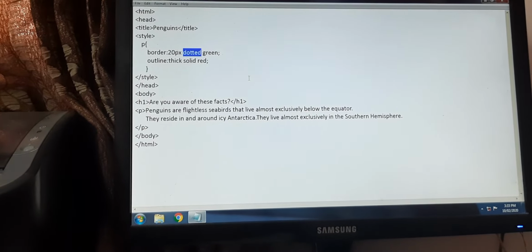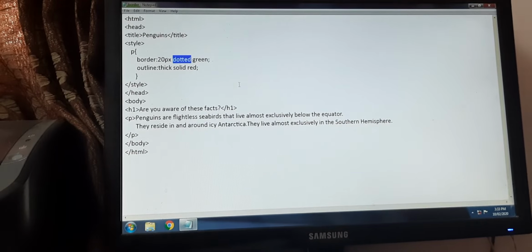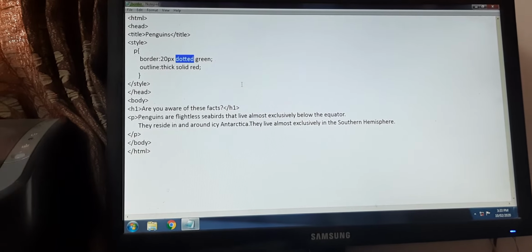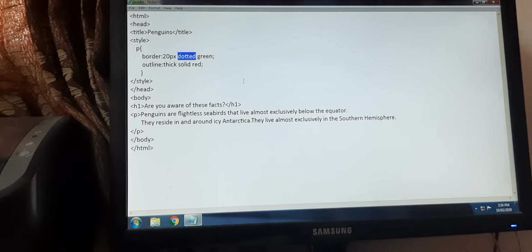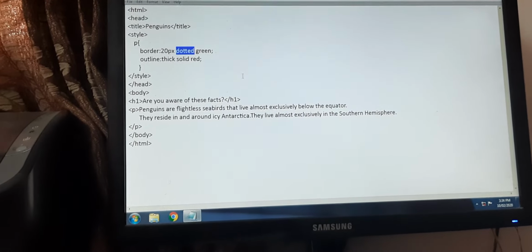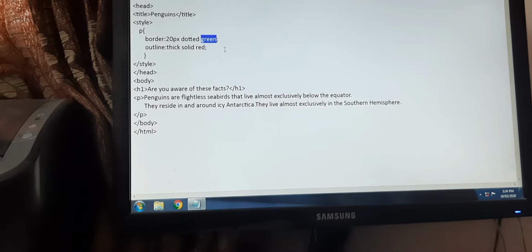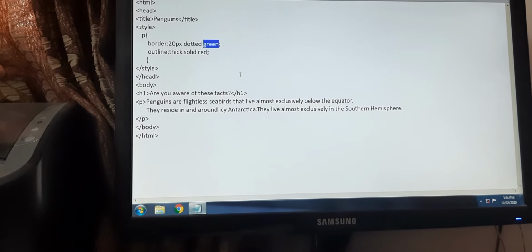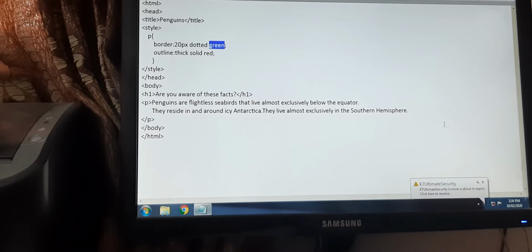For all these you can refer to pages number 54 and 55. These are the 2 pages in your textbook which give you the complete detail about the properties. And here this green refers to the border color. Whatever color you need for your border you can give it there.